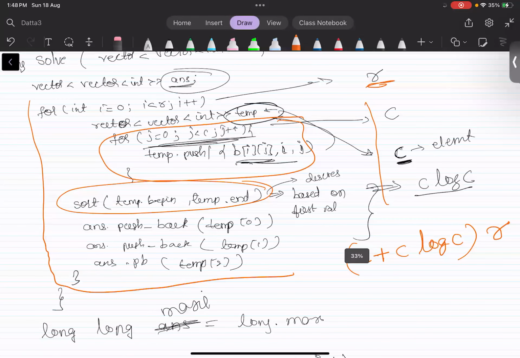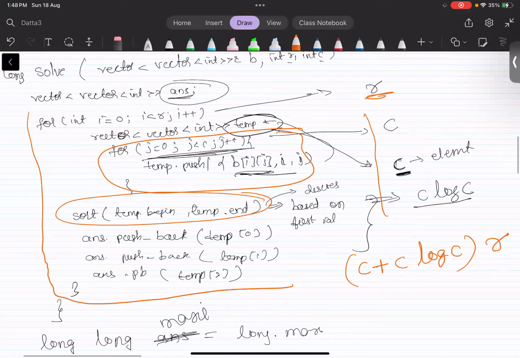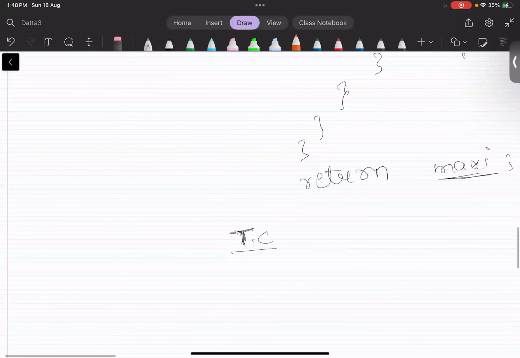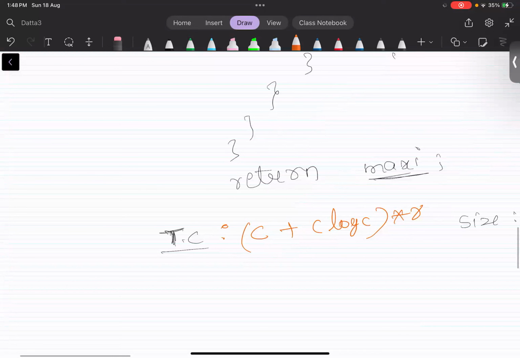So time complexity will be c plus c log c into r,